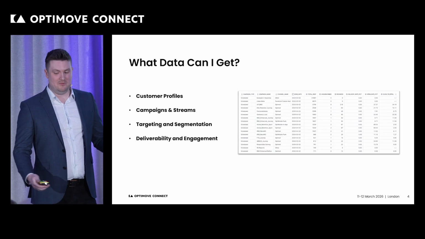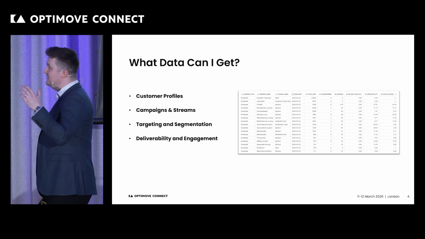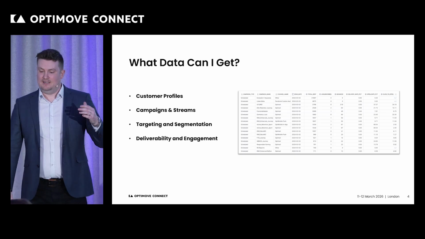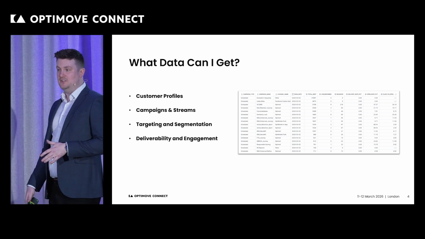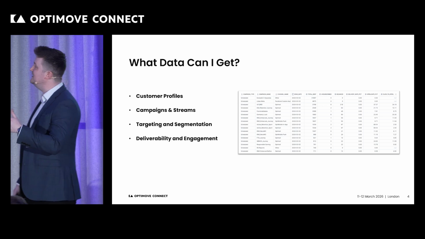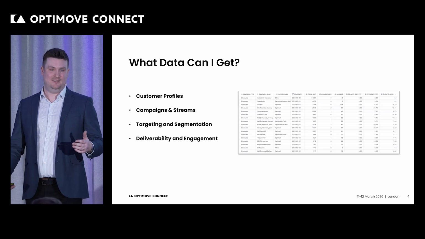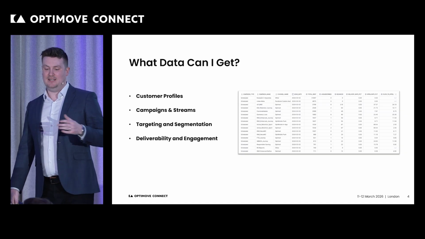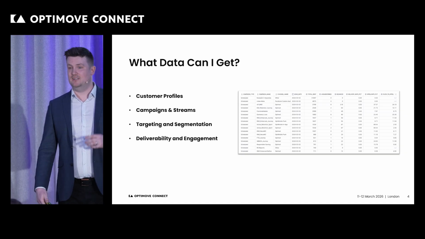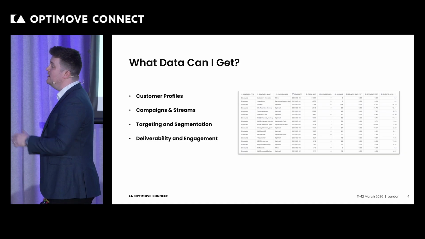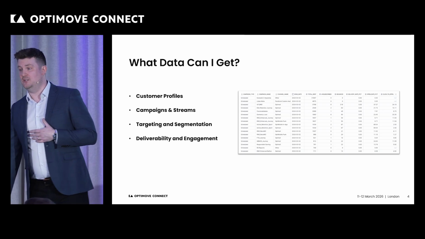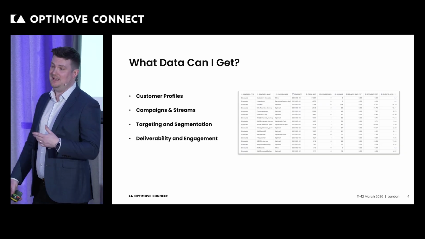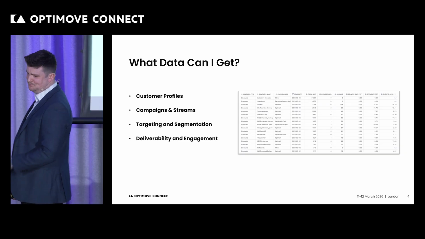Fourth, and for some of you in the room, this is probably the most important one, the deliverability and engagement data. So here is where you're going to be able to basically analyze your full funnel of communications to the users. So you're going to be able to see who was sent a message, and then who's engaged with it in some manner, who has opened your communications, who clicked through to the landing page, who responded. You can also get some negative indicators here as well. So you'll be able to see maybe if your communications have bounced from a user, or if they've unsubscribed from communications based on your campaign data, which is obviously something we're not looking forward to.